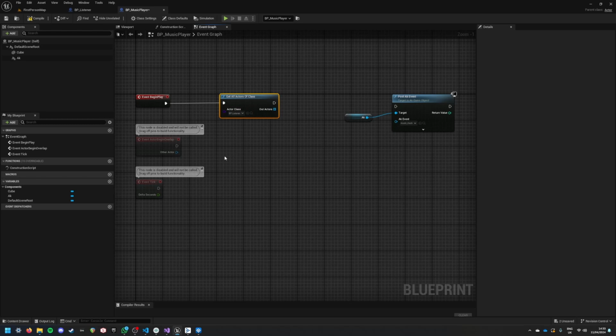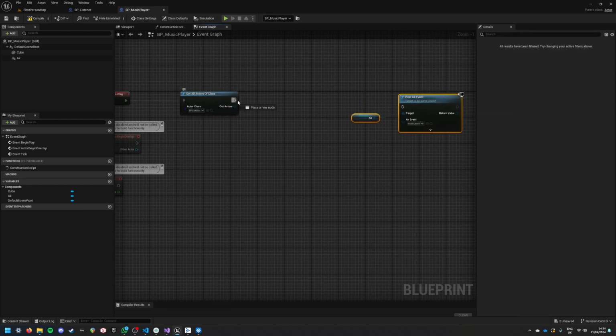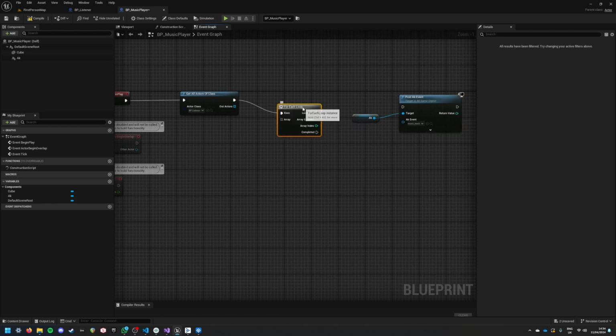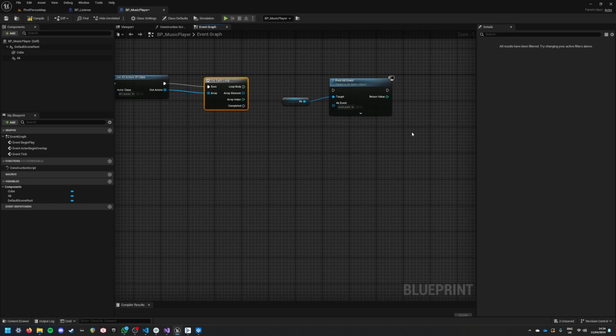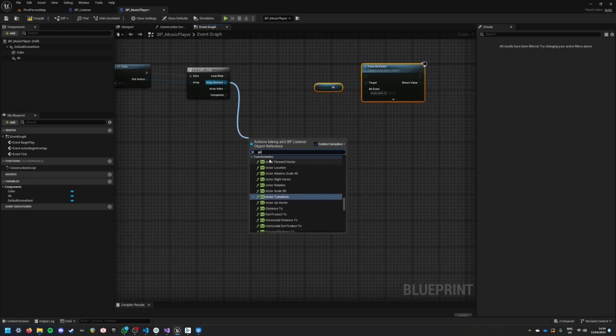So that is basically telling Unreal, get all actors in the world that are of this specific class, and what it gives us is an array of BP listener objects. So let's iterate through these. So we're going to do for each. So for each actor in this actors array, what do we want to do? Well, we need to get